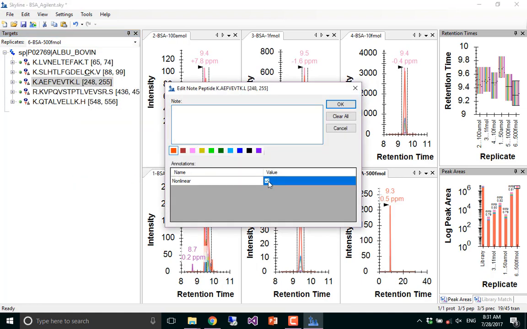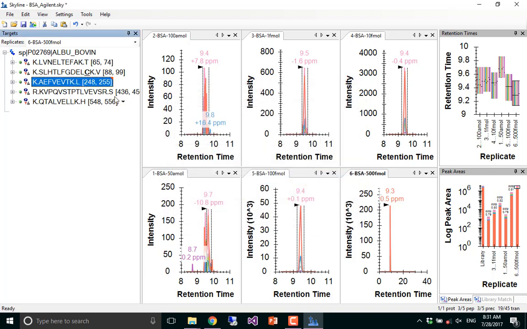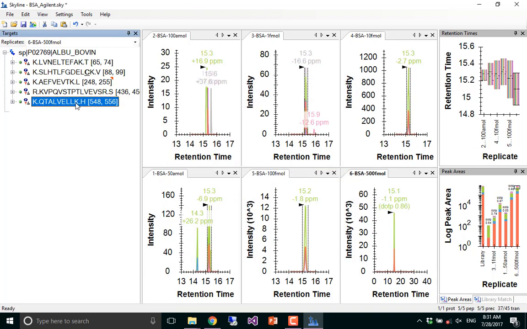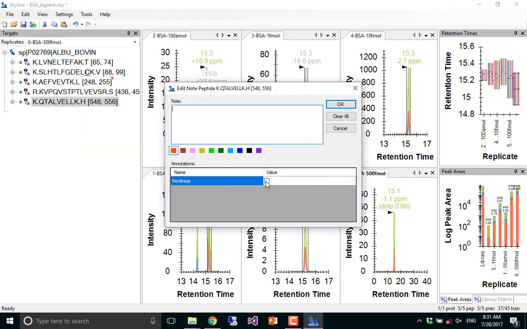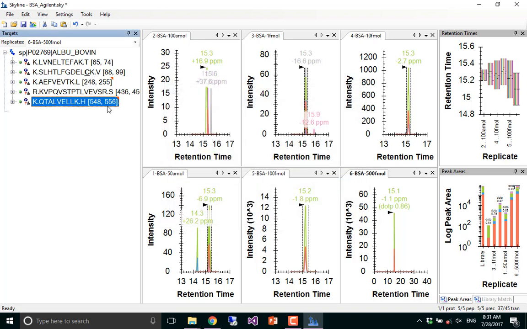And then I can say, yeah, this was one of the nonlinear ones, and so was this last one. Edit note, nonlinear. Okay, so now if I hover over this little triangle, I've got nonlinear true, nonlinear true. So I have annotations,